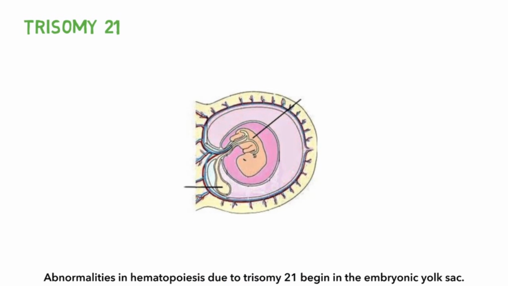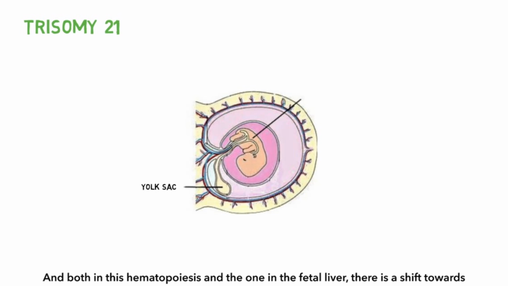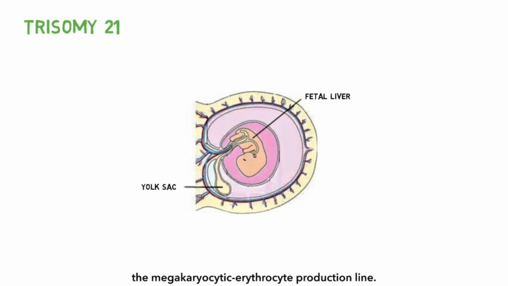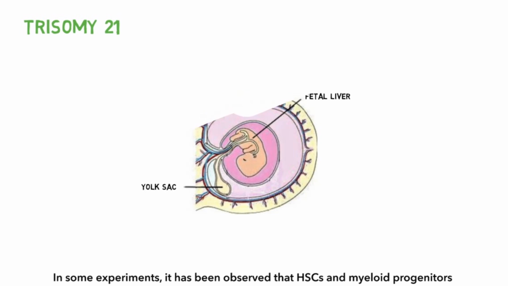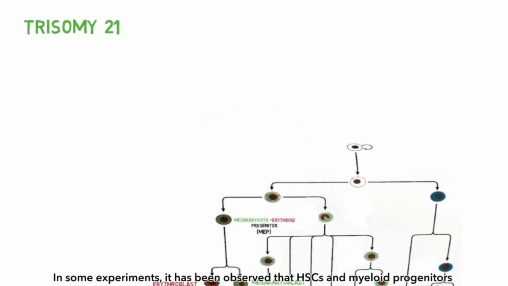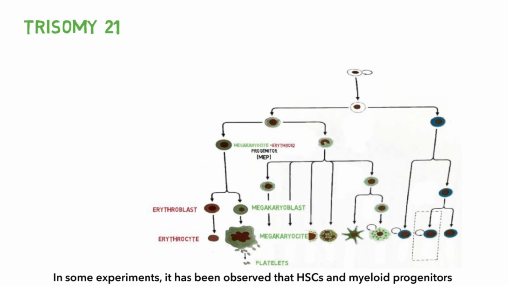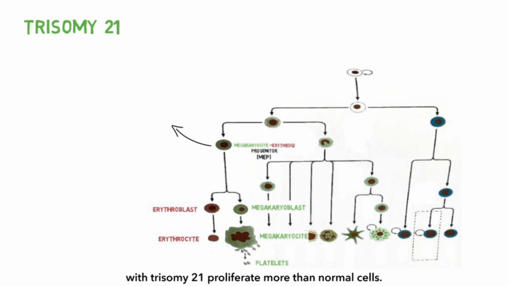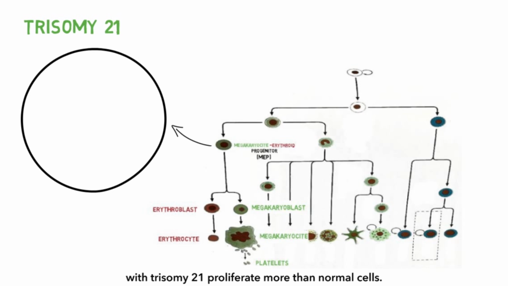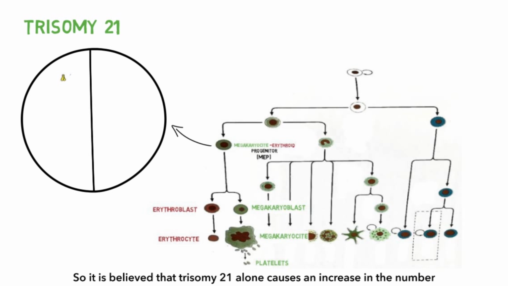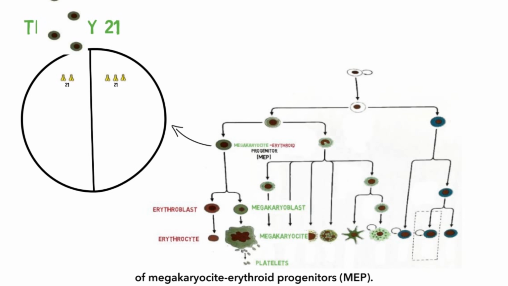Abnormalities in hematopoiesis due to trisomy 21 begin in the embryonic yolk sac, and both in this hematopoiesis and the one in the fetal liver, there is a shift towards the megakaryocytic erythrocyte production line. In some experiments, it has been observed that hematopoietic stem cells and myeloid progenitors with trisomy 21 proliferate more than normal cells. So, it is believed that trisomy 21 alone causes an increase in the number of megakaryocyte erythrocyte progenitors,